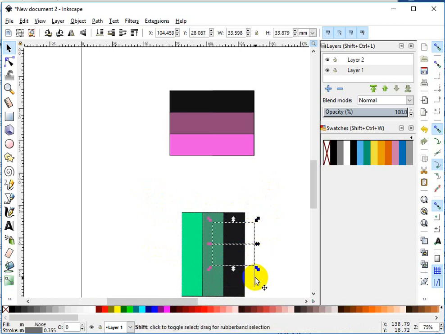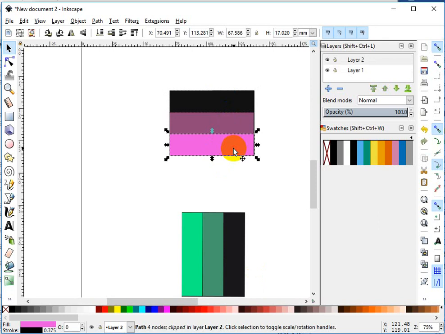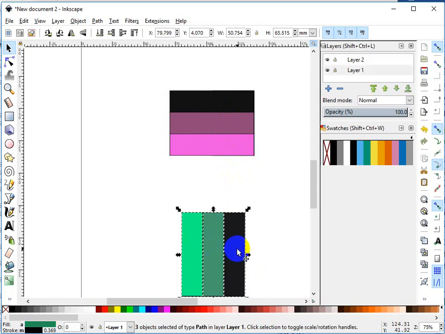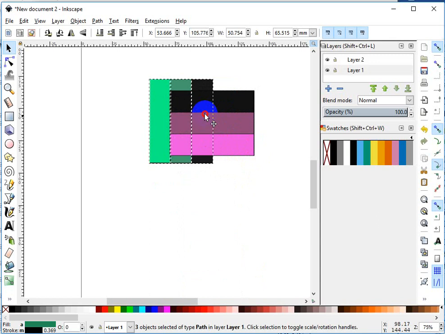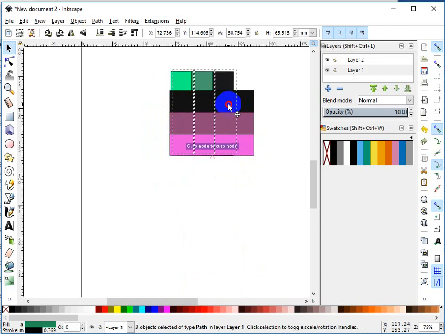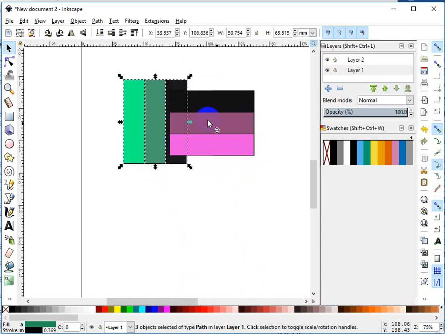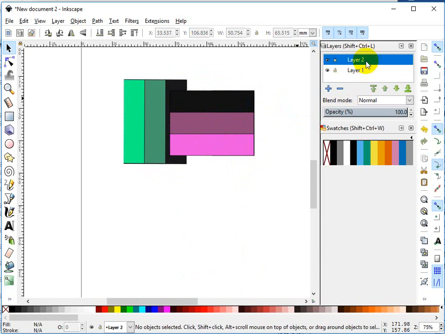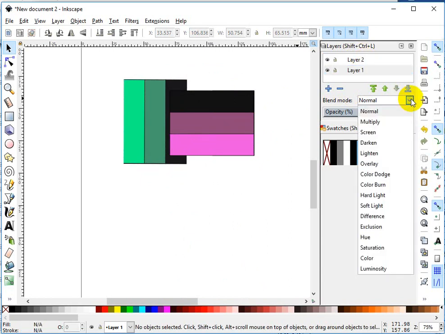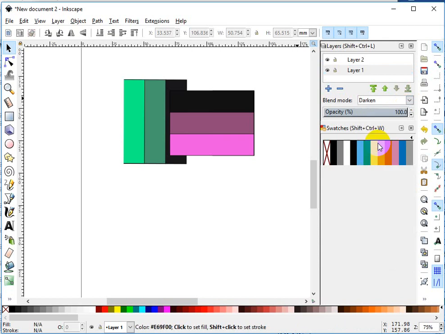We can delete these too. These are the outlines. We don't need those. Yeah, they disappeared up here. But anyway, so selecting these, I should be able to move them up here. Okay, so we've got two different layers, and we want to blend these, so we go to darken,